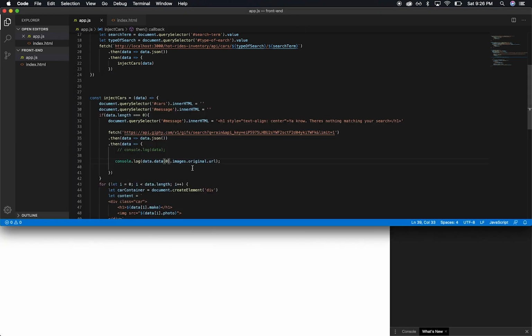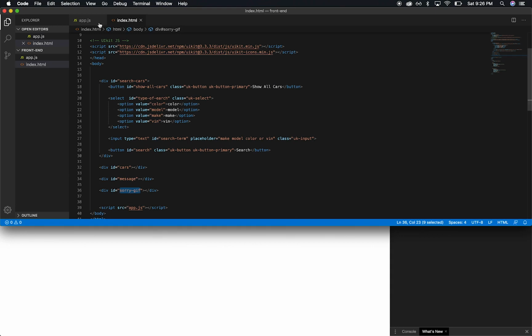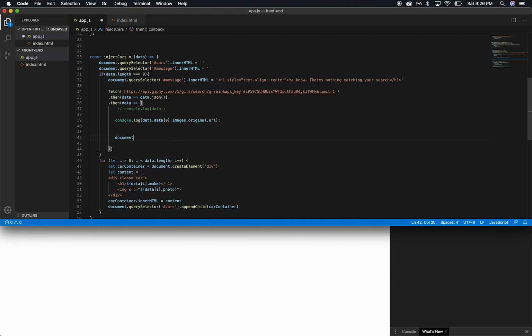So what we're going to do is we're going to now inject it. We went back here, sorry GIF. And we're going to say document dot get element. No, query selector. And we're going to go to sorry GIF. The inner HTML is going to be an image. So we're going to put,